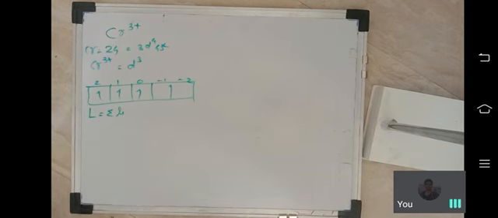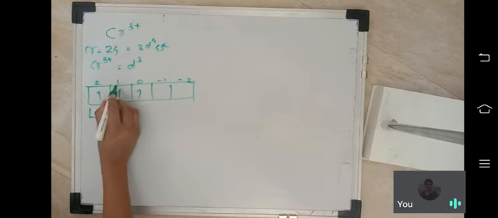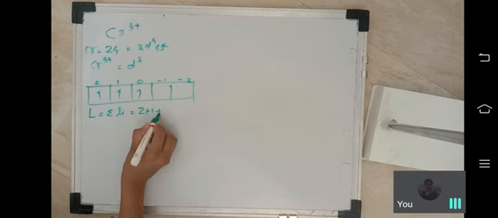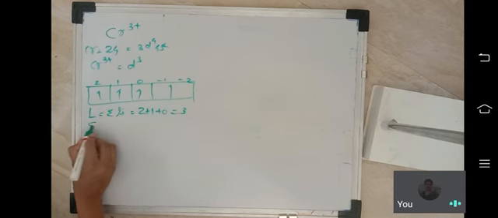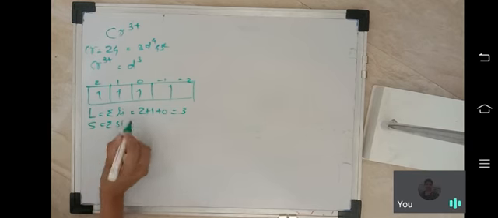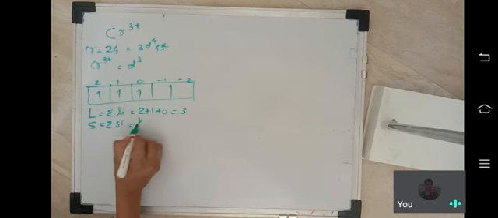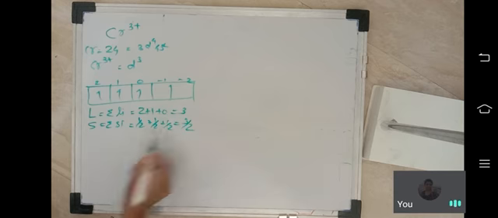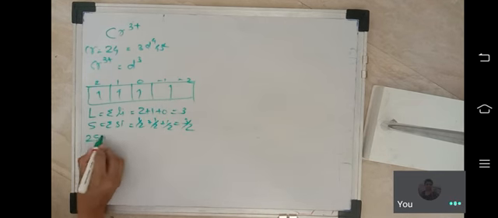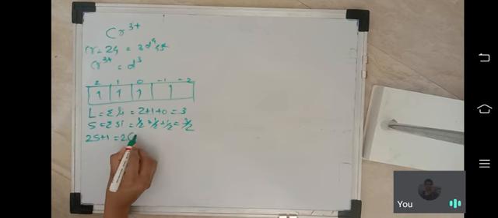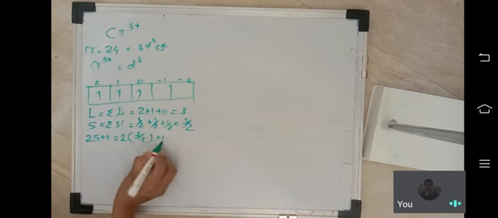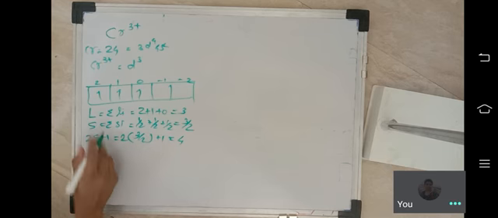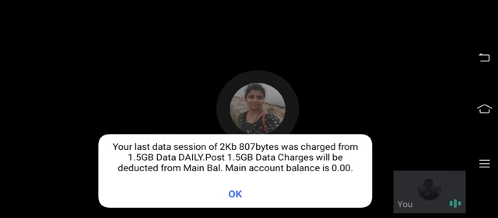Okay, you have to find out the value of the summation of Li. L is the azimuthal quantum number: 2 plus 1 plus 0. Answer is 3. Yes, summation of Si: half plus half plus half. What is the value? 3 by 2. Okay, now we calculate twice S plus 1. 2S is 3 by 2 times 2, plus 1, that means 4. This is less than half filled, so we calculate